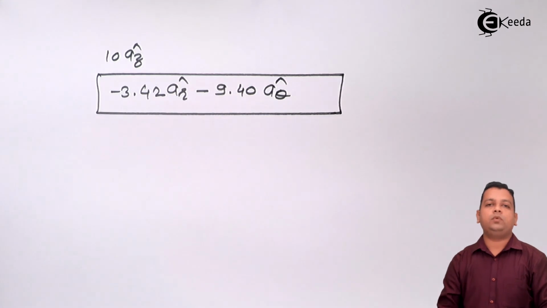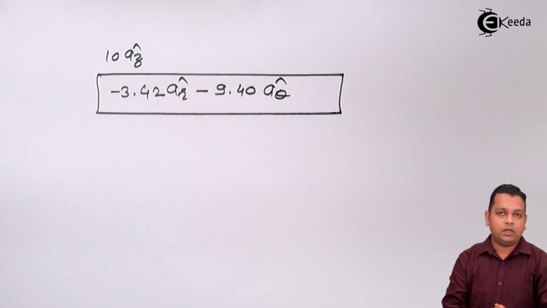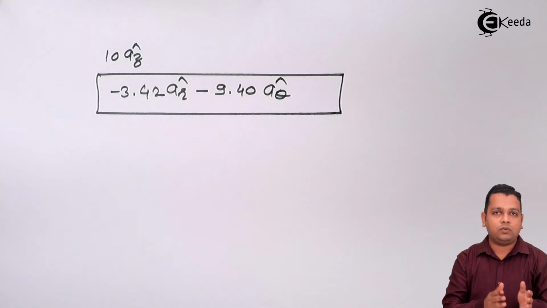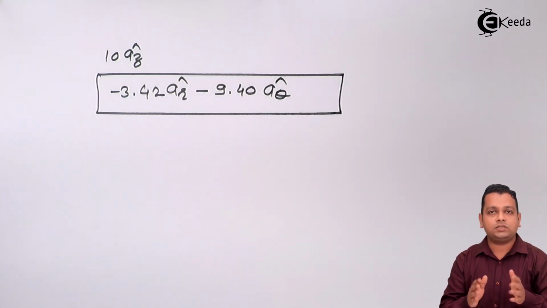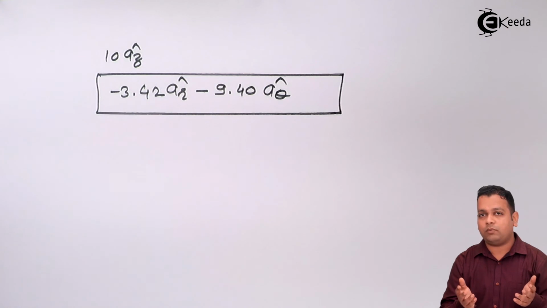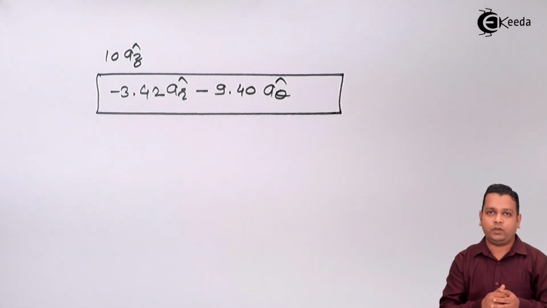So this way we have solved 3 numerical problems based on the concepts of spherical coordinate system. I hope you have understood all the details of rectangular, cylindrical and spherical coordinate system. These are just the ways to represent a point or vector in three-dimensional space. As per the requirement, we can transform from one system to another system. So with this numerical, we end the coordinate system.